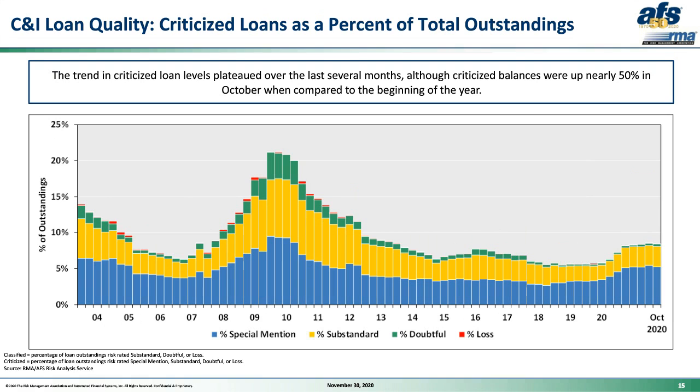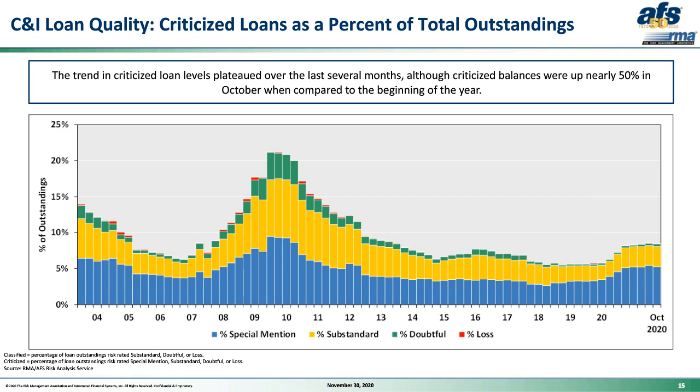So we're going to finish up our C&I analysis with a quick look at credit quality and loan growth. Here we're looking at the trend in detail of the percent criticized. And as we've mentioned on webcasts this year, we take each bank's native borrower risk rating and map that into the RMA 10-point scale. On that scale, 1 through 6 are pass ratings, and 7 through 10 are criticized, with 7 being special mention, 8 being substandard, 9 doubtful, and 10 loss.